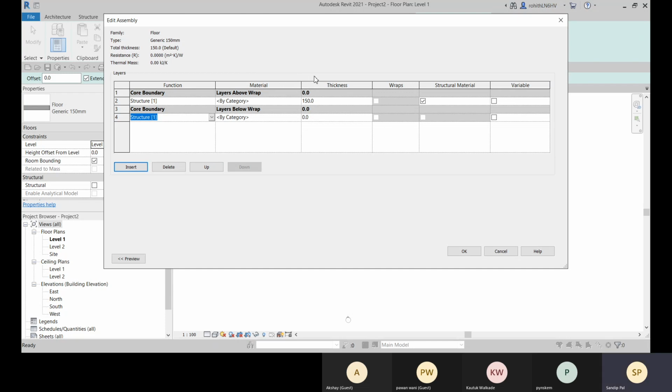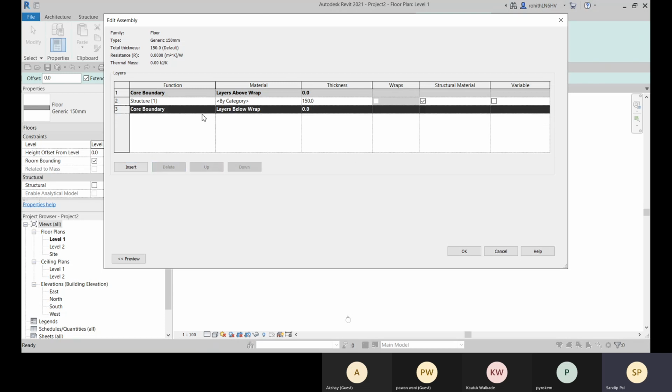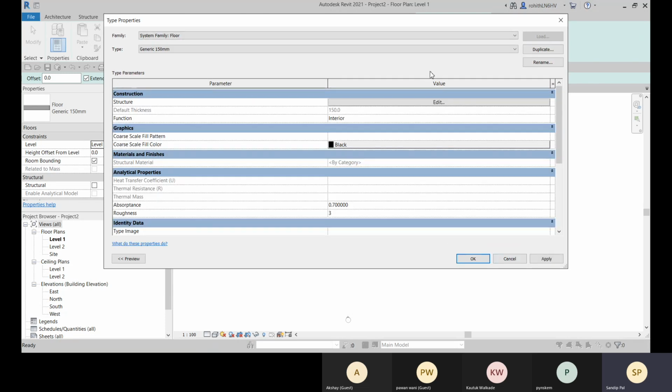This is not exterior. Just don't understand by exterior like a wall. This is the top and this is the bottom side. So you can add some layers as well. Go with the duplicate. Don't change the default families. You will not get that back, and again you have to change it. So always go with the duplicate, name it properly, then go for the structure edit, and there you define it.